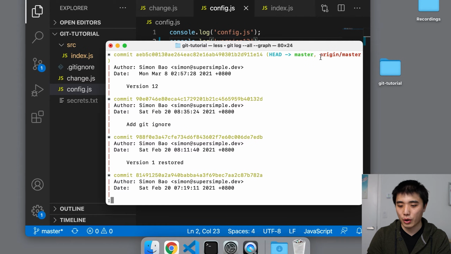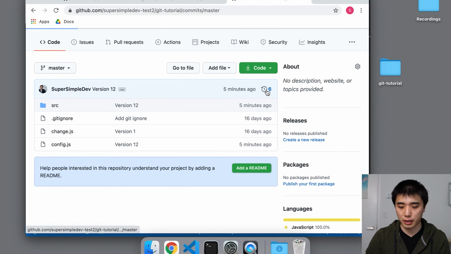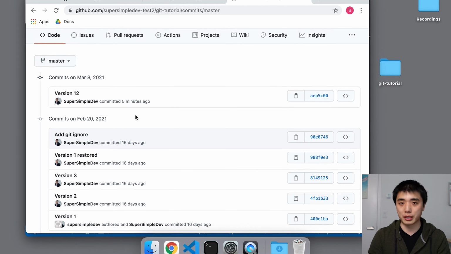Now you'll see that origin/master is in sync with our local master branch, and origin/master has this version 12 commit, and it essentially replaced the version 11 commit that we had earlier. So that commit that we replaced is now lost. We can also check in GitHub. Let's go back into GitHub and refresh the page. You'll see that we now have the version 12 commit. And if you look at our commit history on GitHub, you can see that there is no version 11 commit. We essentially replaced it with this one. So in this section, we learned how to sync updates from our local repository up to our remote repository, as well as some extra features of Git push.